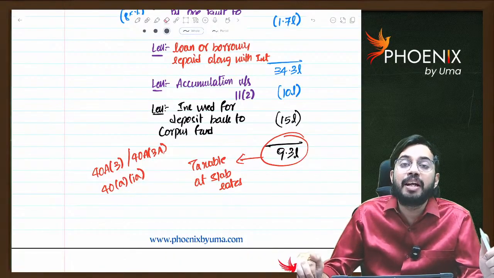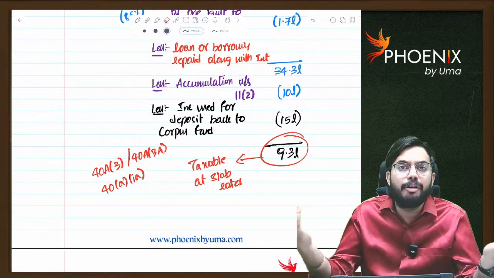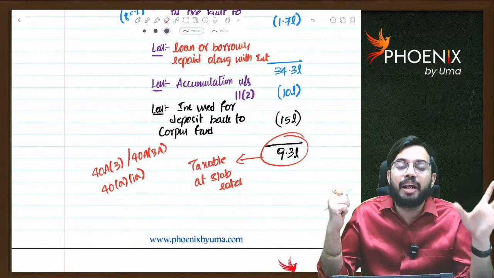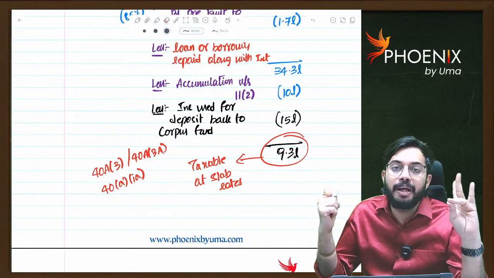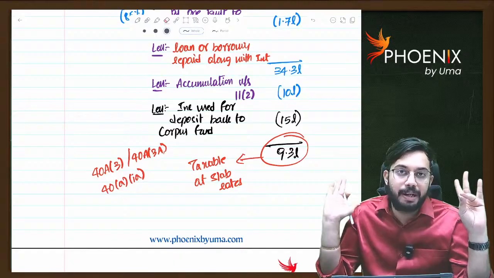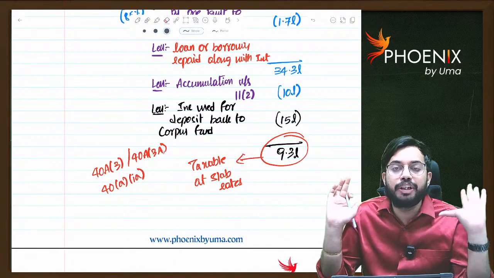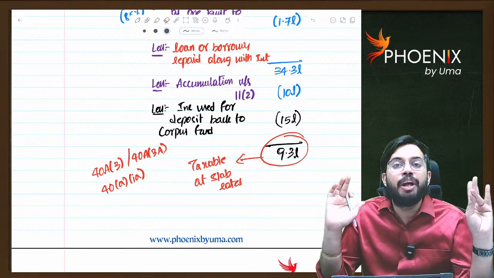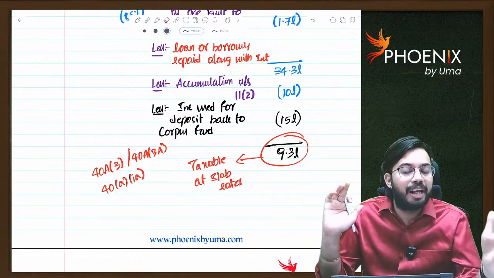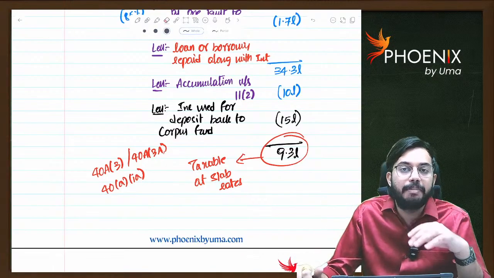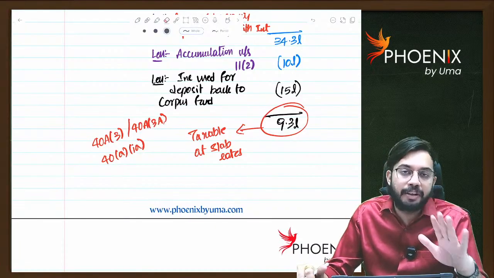Next, accumulation under Section 11(2). Like if you want to accumulate your money, which we normally use in our offices, you can give a declaration. In that declaration, four points: specified purpose, specified period, maximum 5 years other than the current previous year, deposit in safe modes, and you should not give that money as donation to any other trust. If any of these four conditions are violated, in the year of violation, whatever the amount violated is there, that is taxable under 115BBI at the rate of 30%. So what is the ITR due date? 31st October.